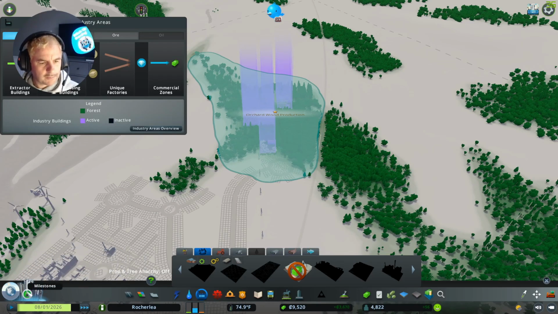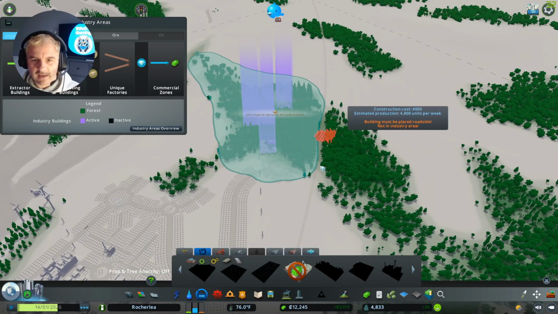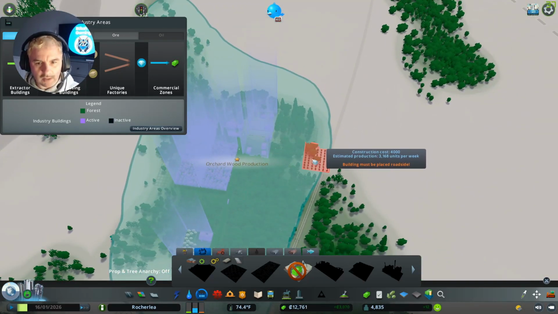this guy looks like it's about to hit a milestone. The next milestone is 5,000. Wow. So the next milestone is 5,000. How brilliant. So I think we're going to hit that really soon. Just watching that. Yeah, I think we are. But what I could do, if I have a look here,